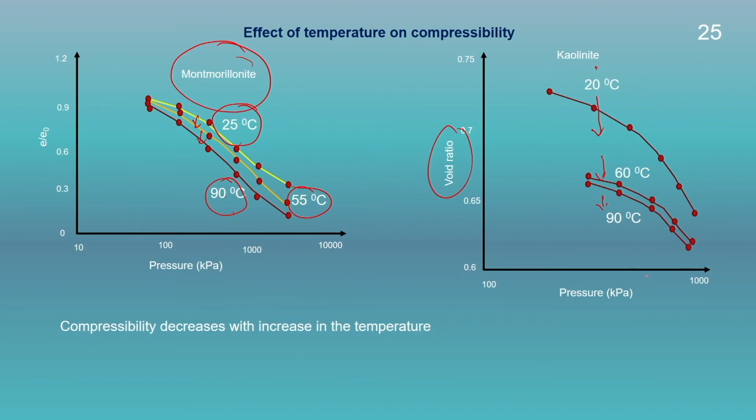And also, if we compare the void ratio at a given pressure, we could see here the soil compacted at a higher temperature will have a lower value of void ratio